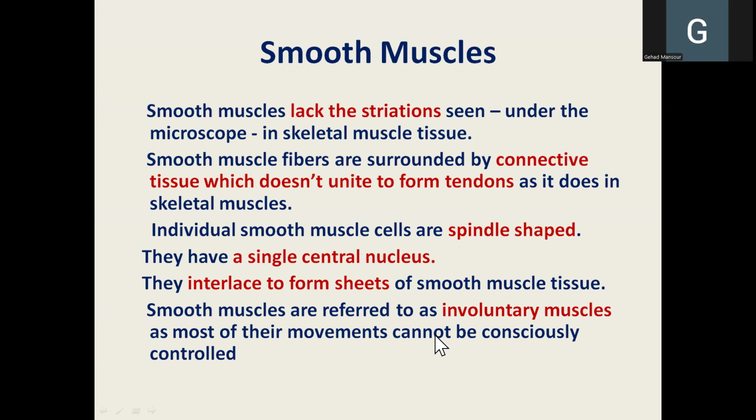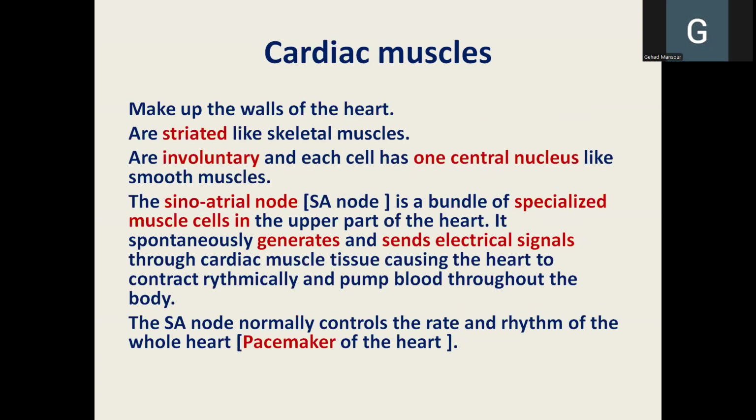Of course, the majority of the smooth muscles are involuntary muscles. For the cardiac muscles, functionally, they are involuntary, but as we said before, they're striated because they have regularly arranged actin and myosin. Each cardiac muscle has one central nucleus, just like the smooth muscles do. The cardiac muscles, as we said before, have a peculiar histological structure, which is the branches, and the fact that they are